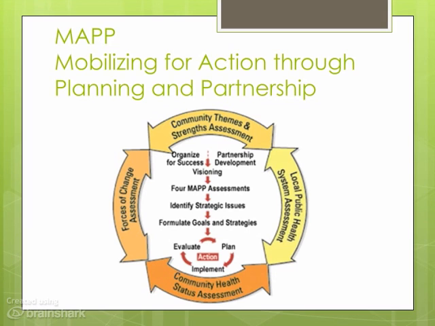And then going through that 4-MAP assessment process, identifying those strategic issues that need to be addressed, and formulating goals and strategies, and then sort of like the hospital plan, do, act, evaluate. I'm probably getting those 4 steps wrong. Looking at implementing something and then evaluating what the program was. But the real important piece of this is that it's built on a foundation of partnerships and collaboration. And so that's why I said before that I think public health folks are really the